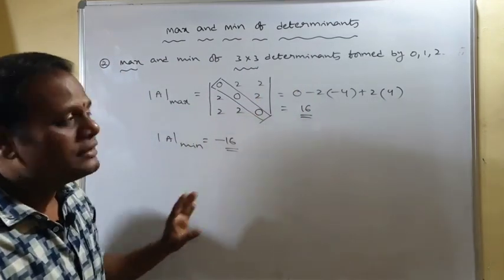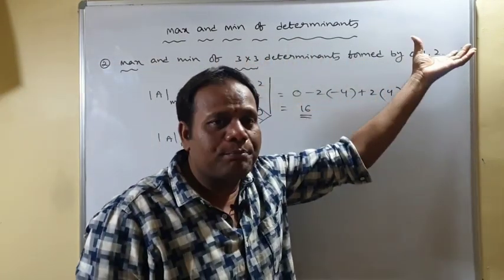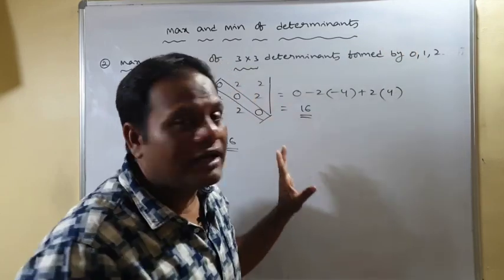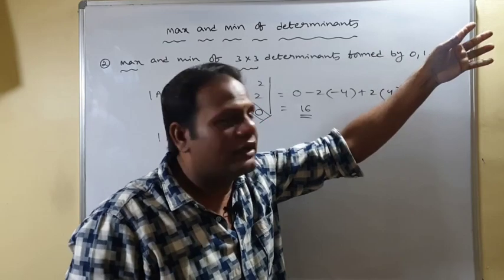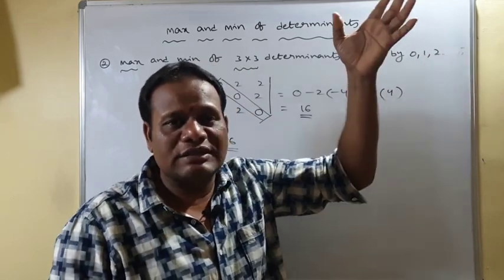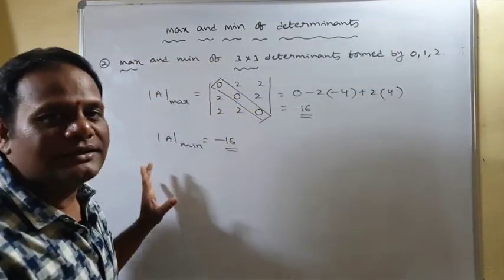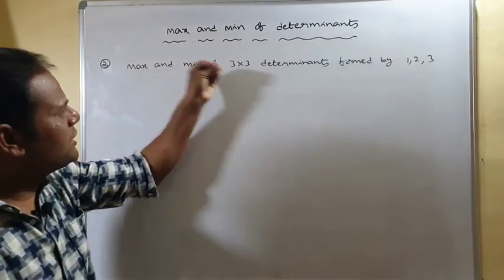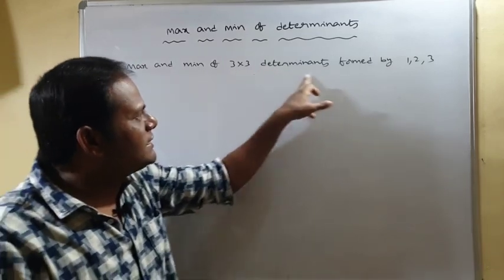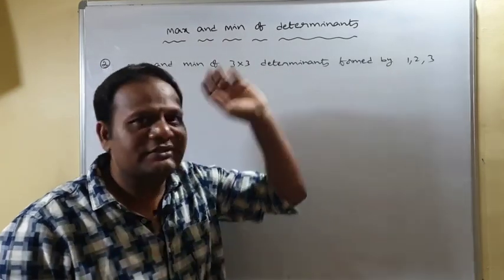That's all. Okay. If they give some negative numbers, then it may not work. Okay. So if the numbers are like 0, 1, 2 or 1, 3, 5 or 2, 4, 6 like that, you can apply this logic. Is it clear? Coming to this, maximum and minimum of 3 by 3 determinants formed by the elements 1, 2,